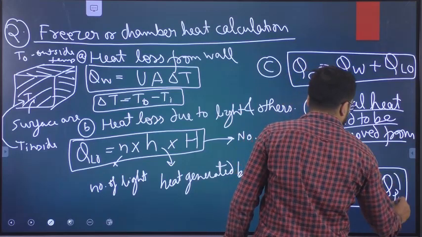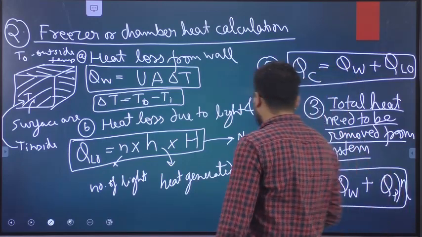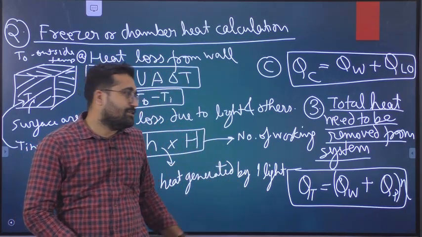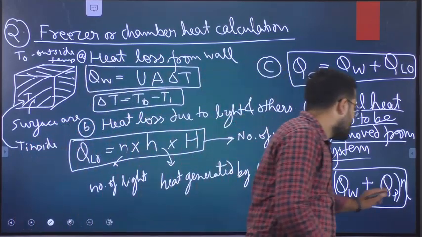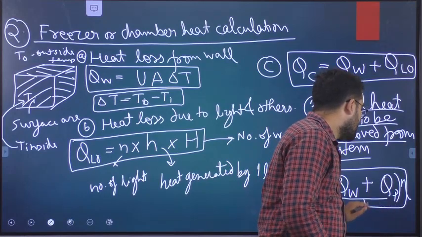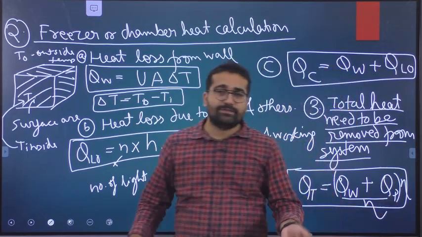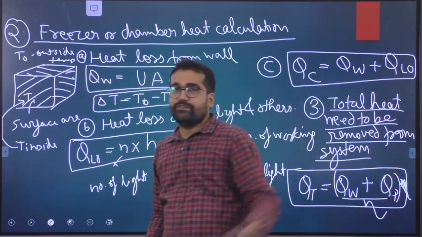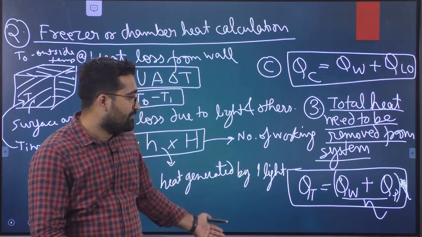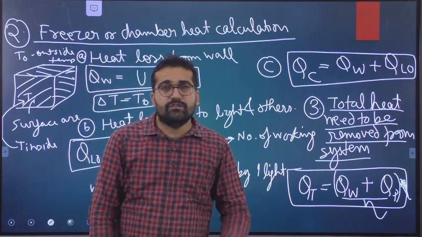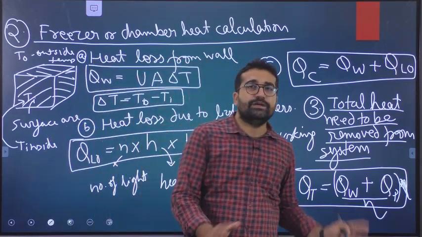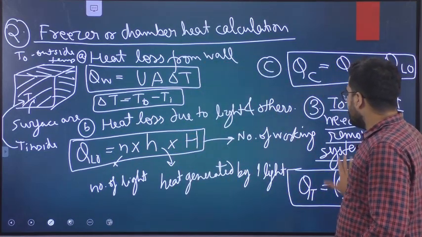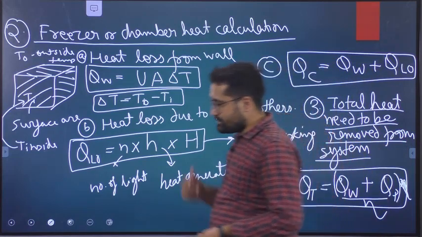If the efficiency is there, then we have to account for the efficiency. Generally the efficiency will be 80% or 90%, and we have to divide by the efficiency, not multiply. If our system is 80%, 90% efficient, we have to divide by the efficiency. Or if a factor of safety is considered, then we have to multiply with that, like 1.2, 1.5. Efficiency will be 80%, 70%, like that. So we know how much heat we have to remove.